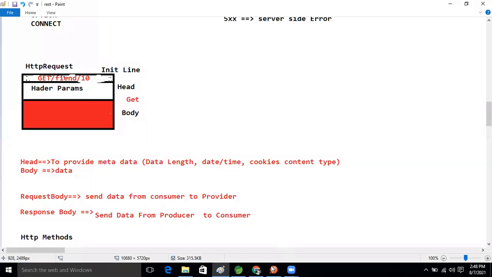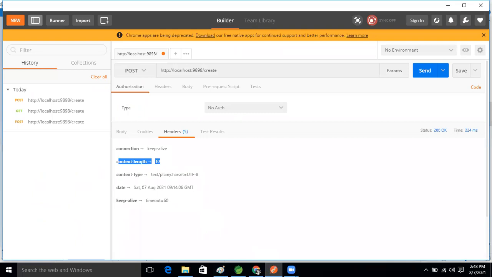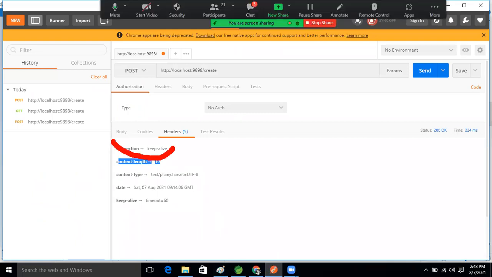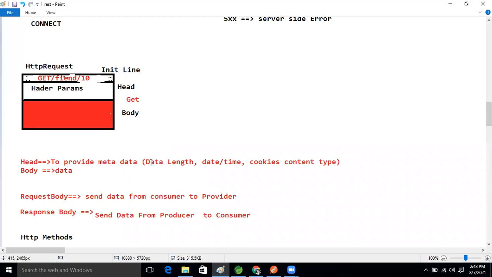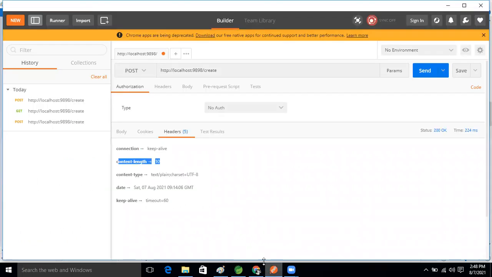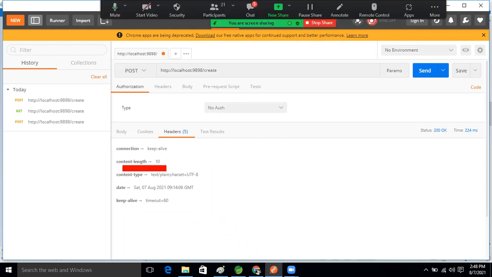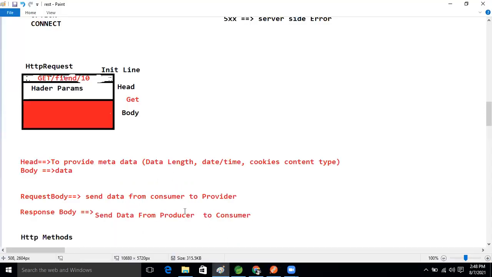So those things I'm showing practically now, or not, guys? See this, whatever I explained last time. Data length is there, this is content length, 10. After that, I explained date and time.